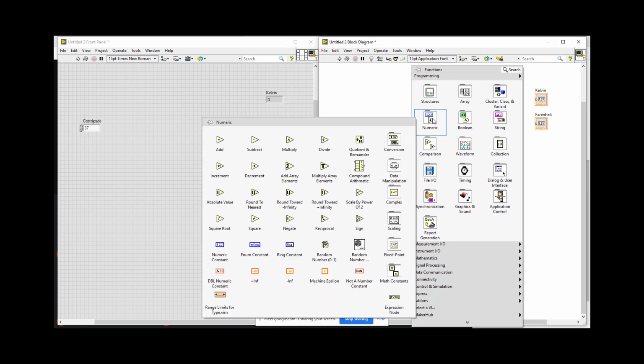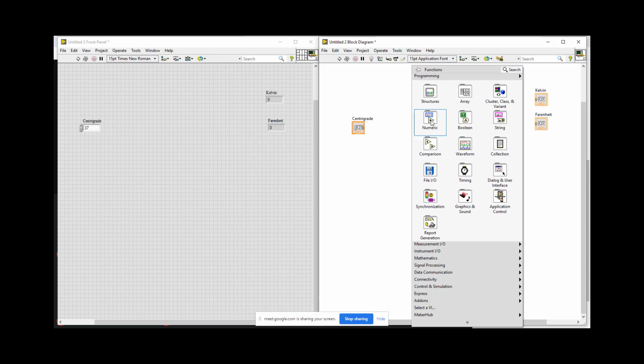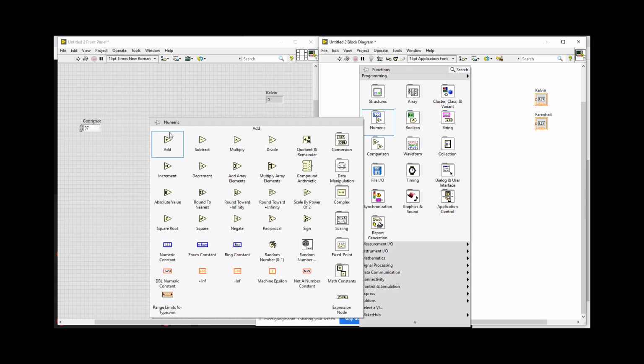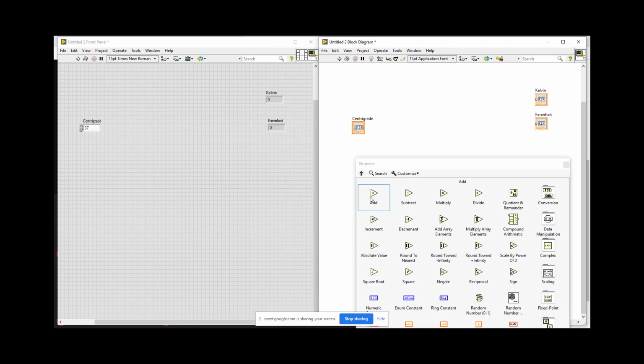And this is numeric. So this pane is responsible for all the numeric operations. Okay, so you can right click again and again here, or just pin it. So right now I am going to drag and drop add. Look how simple it is. I am going to add. Look, we have this node, and let me delete it again.